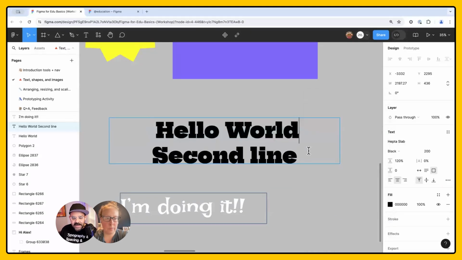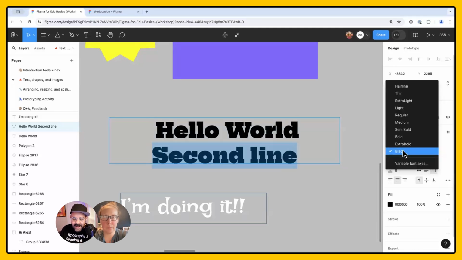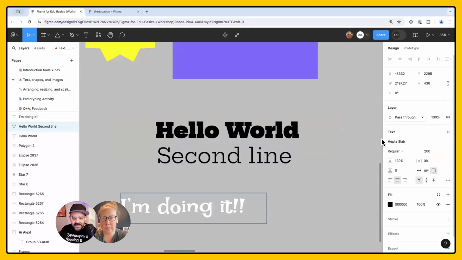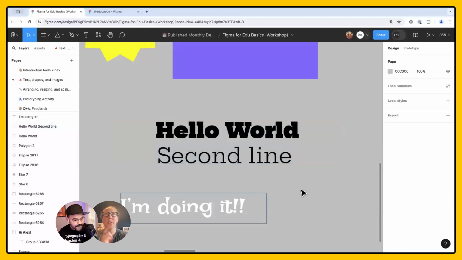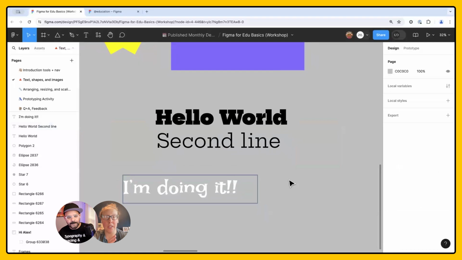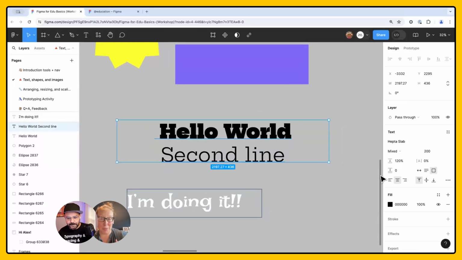So when you're working in the real world, when you're thinking about a design, usually you might want to pair the same font, but then just with a different weight. So then this way you have that kind of visual consistency. So you might have a headline that uses a very heavy weighted version of the font, and then have paragraph text that uses a lighter weight of that font. Okay, so it's almost like you have more control than you would if you were just bold versus unbold.